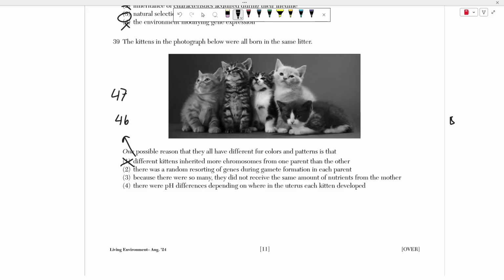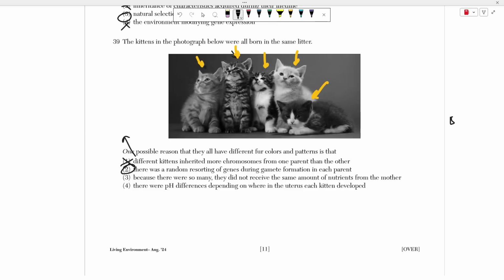If they have 47 or 45, they have some sort of disability or illness, right? People with 47 chromosomes have Down syndrome because they have one extra chromosome. The same thing goes for the cats, right? All of these cats have a normal amount of chromosomes, the same chromosome number. So the chromosome number is always the same. It's not the different amount of chromosomes that makes you look different. It's going to be the random resorting of genes during the gamete formation of each parent that's going to result